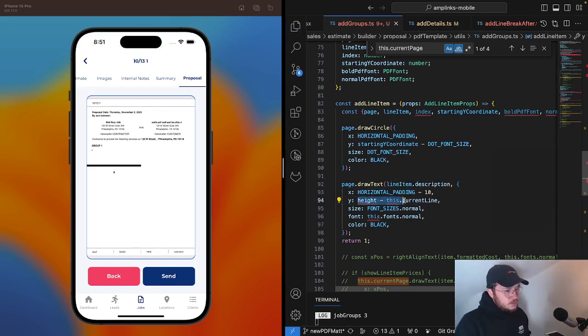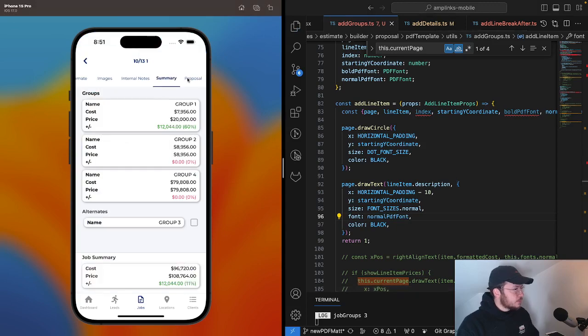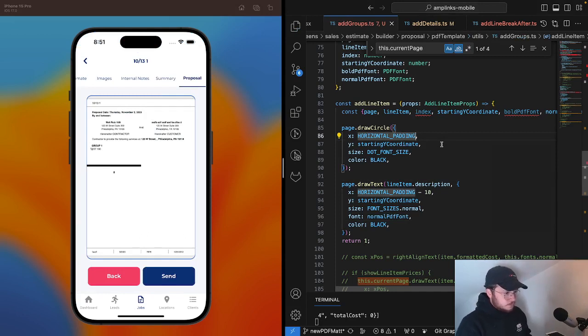So the height is going to be the same thing, starting y coordinate. Yeah, I feel like it's just that. Size, normal PDF font. Okay. Horizontal padding plus